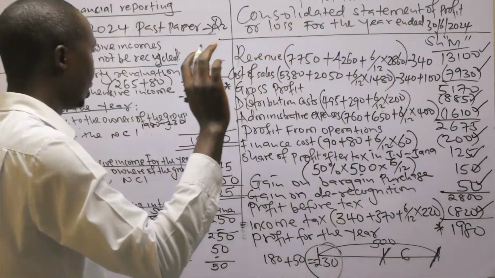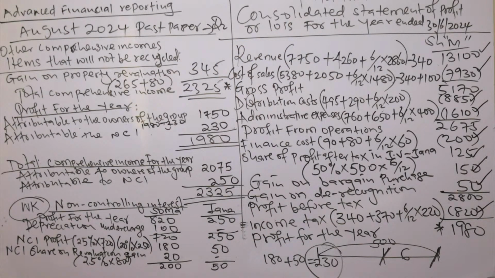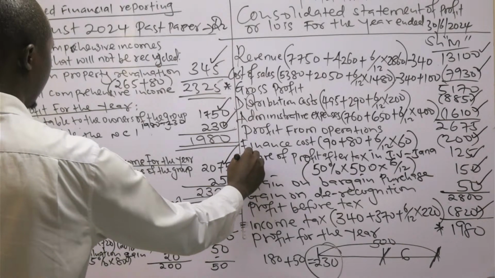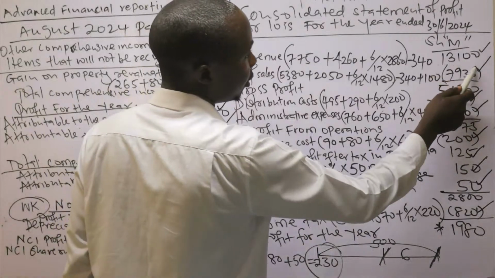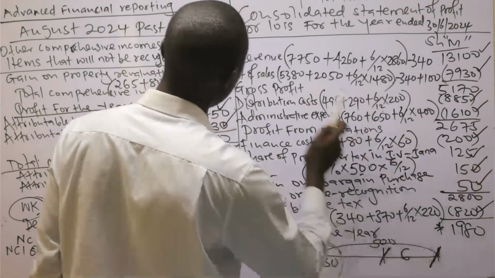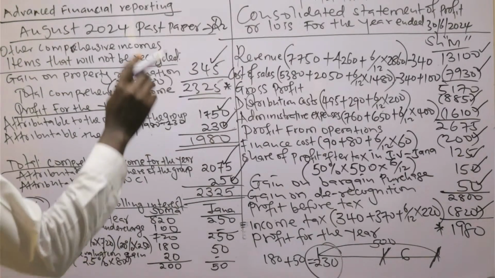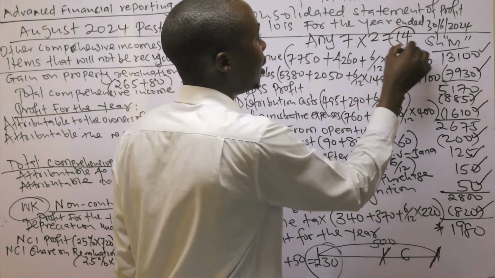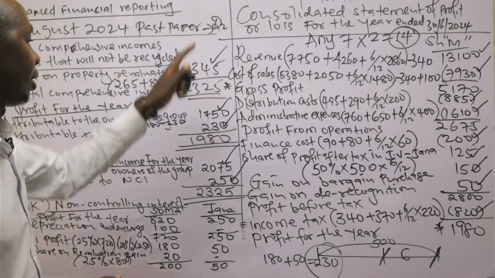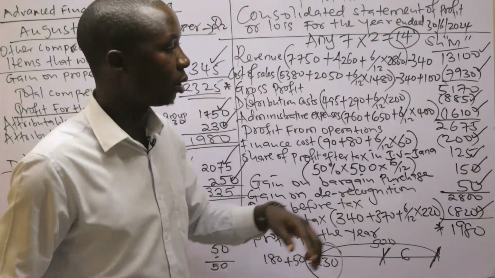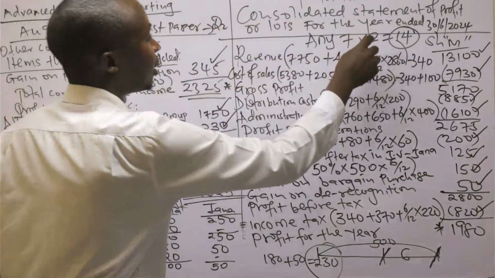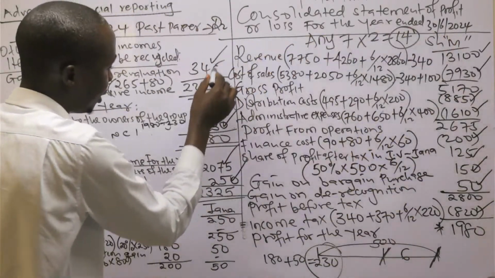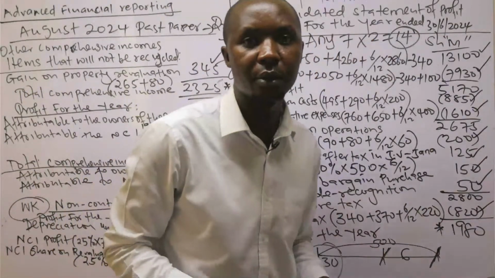They don't mark entries. They would go ahead to mark this 345, 1750, 230, 2075, and this 250. How many ticks are these? 1, 2, 3, 4, 5, 6, 7, 8, 9, 10, 11, 12, 13, 14. But they were in need of only any 7. They multiply by 2, you get your 14. It's not a must that you score everything. So for any student who scored any 7 correct, you are given your 14 marks, because they multiply by 2. That is how the marking for this was done. So students,